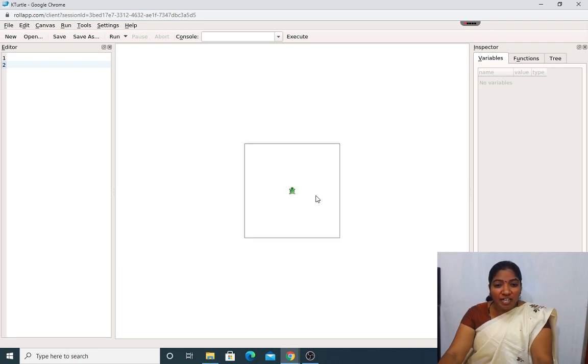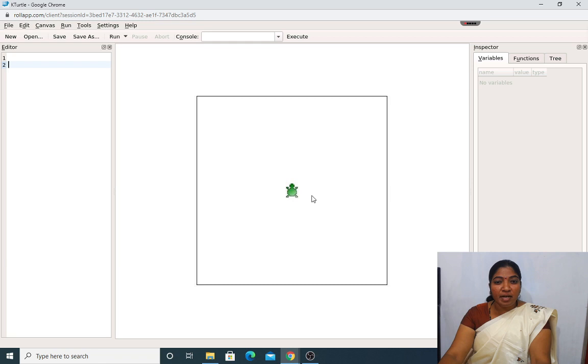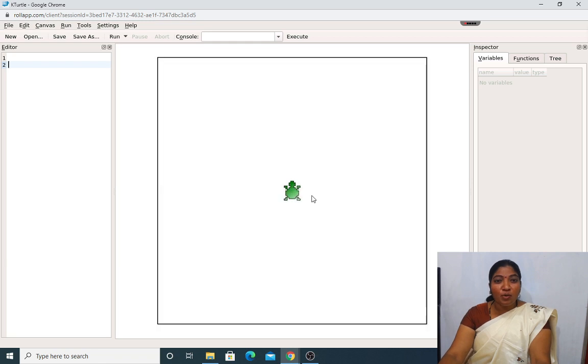With the help of the cursor, just see, the turtle is changing very minutely in the decreasing order, and then in the increasing one. How can I do this? I'll make use of the mouse. Mouse is a type of input device and it is also a pointing device. On the mouse you will have 2 clicks, left click and right click.